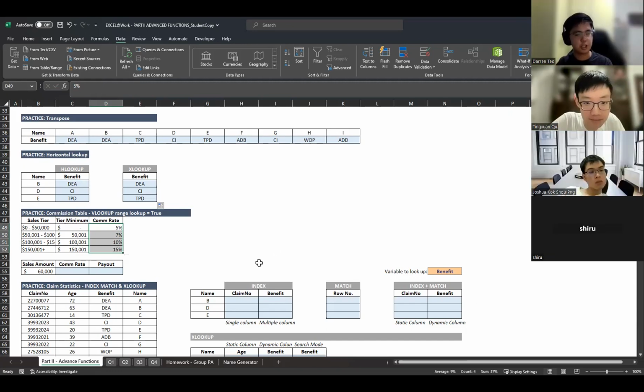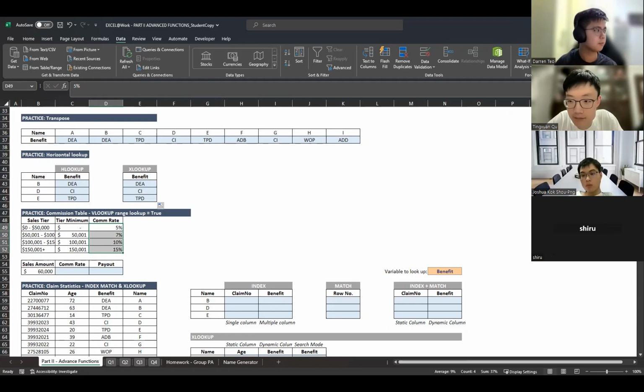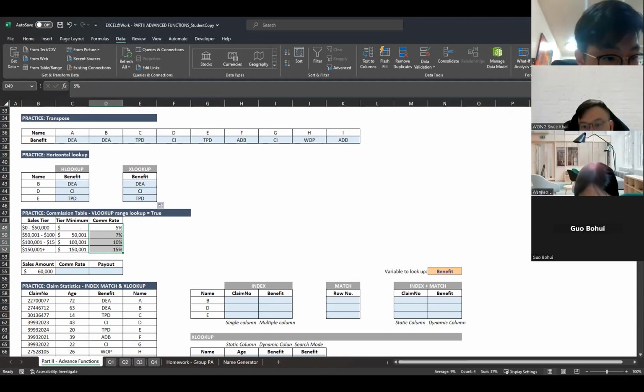If the agent earns 60K, how much is the commission rate for this particular agent? For 60,000. Anybody? 7. Yes, 7%, right? Because I am within this range.